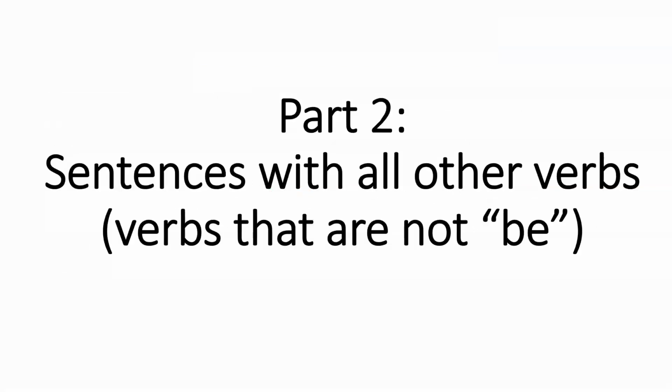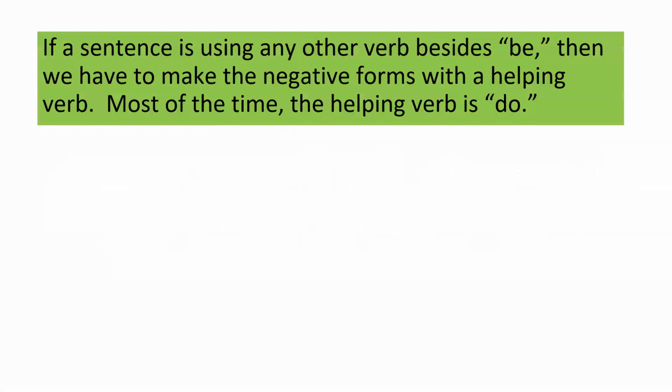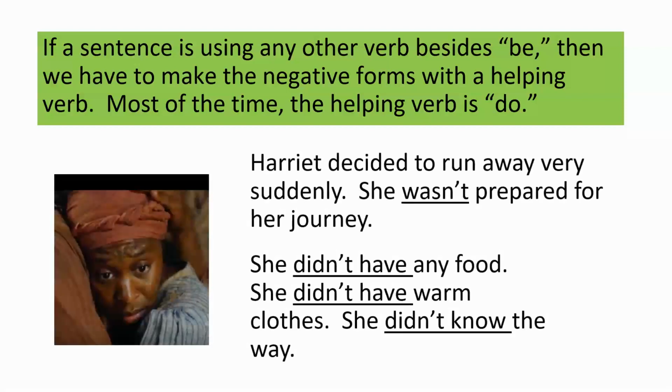Let's move on to part 2, sentences with all other verbs. These are verbs that are not be. So if a sentence is using any other verb besides be, then we have to make the negative forms with a helping verb. Most of the time, the helping verb is do. So I can say,